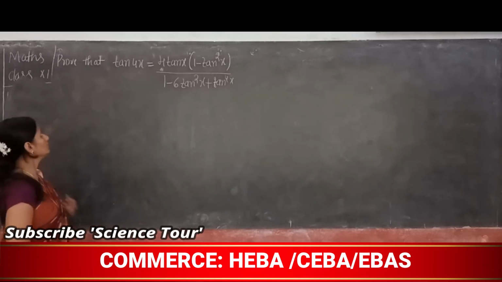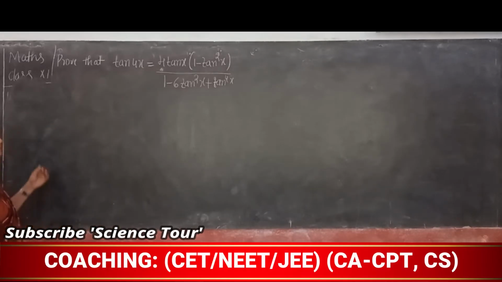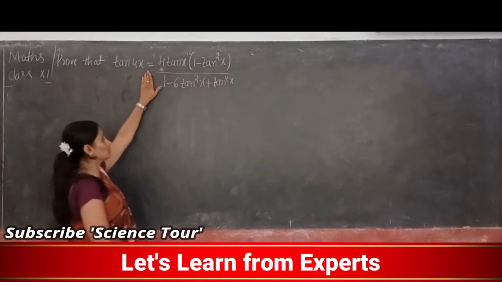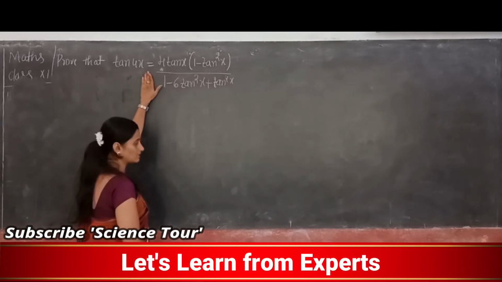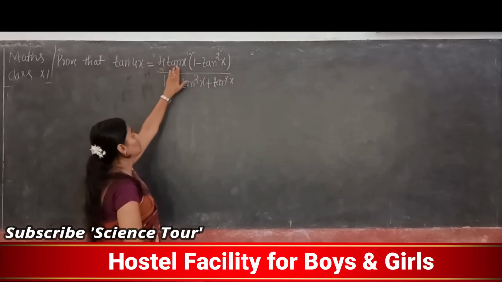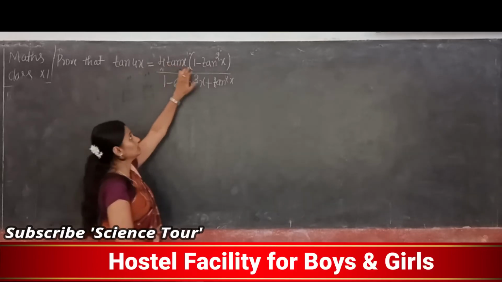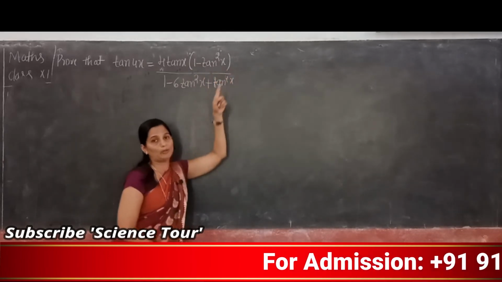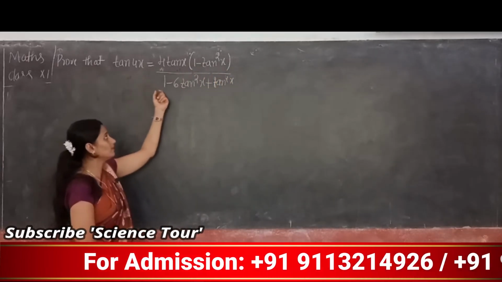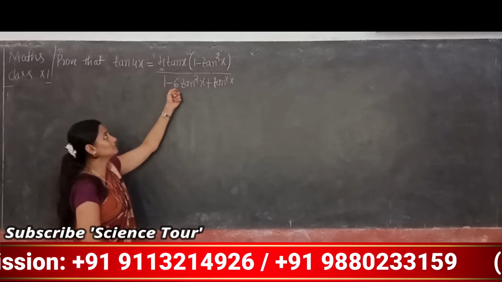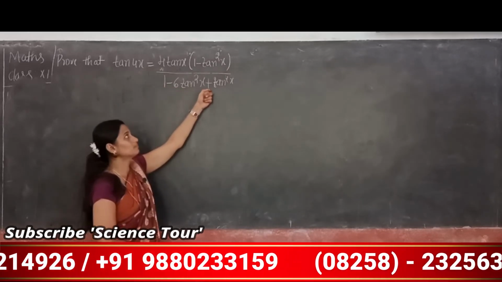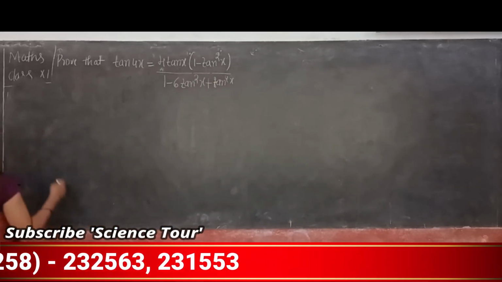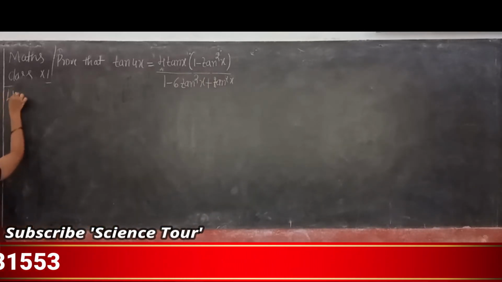Now next question. Prove that tan 4x is equal to 4 into tan x into 1 minus tan square x, divided by 1 minus 6 tan square x plus tan power 4 x. So now I will take the LHS. Your LHS is